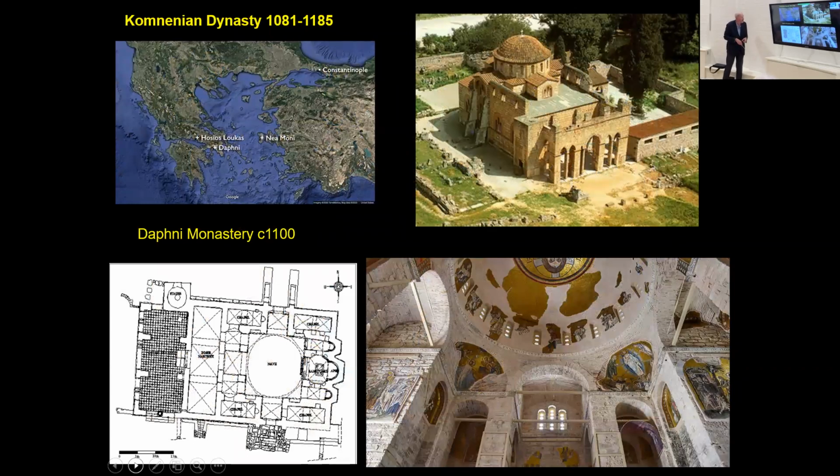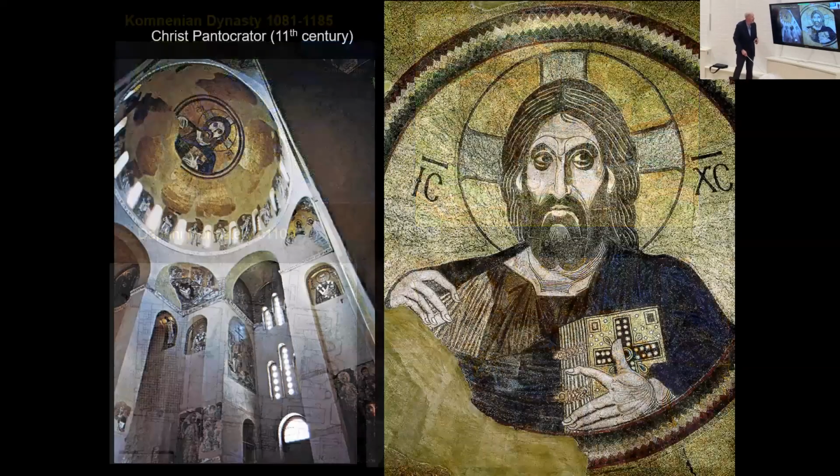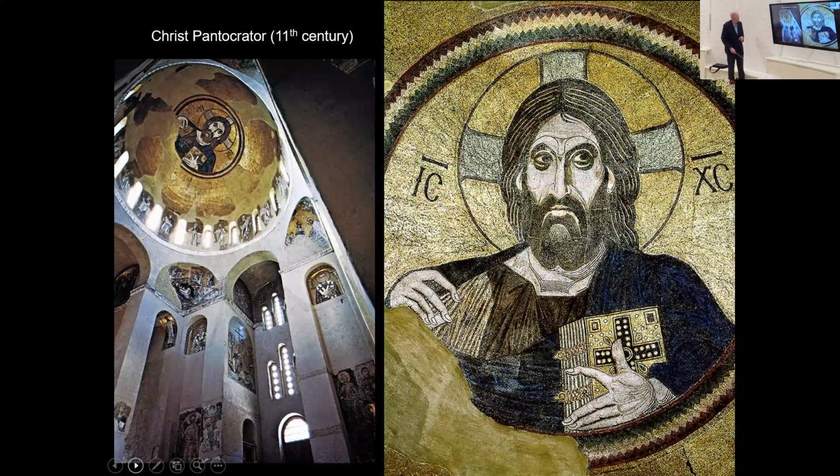Now we're going back to Greece to see Daphne. And I know many of you have seen the church in Daphne. Here it is, again, a centrally planned church with the apse, 2 small apses, and the nave. And you can just see how it works here. The saints at this lower level, the squinches here, the apostles here, and right in the center of the dome is this amazing face of Jesus